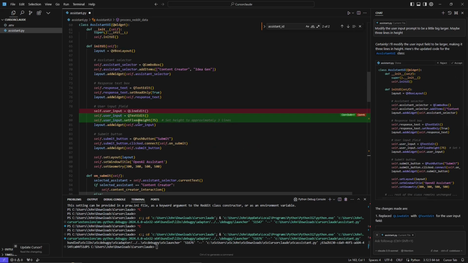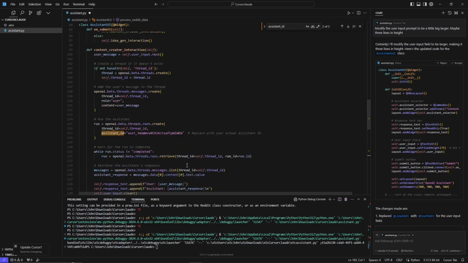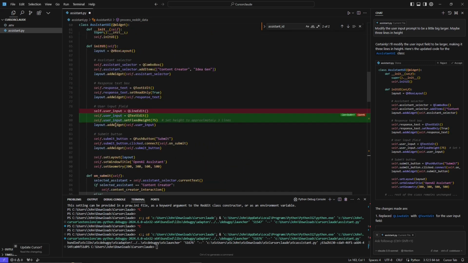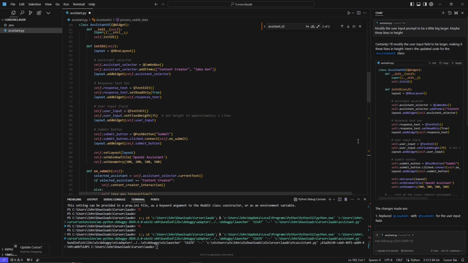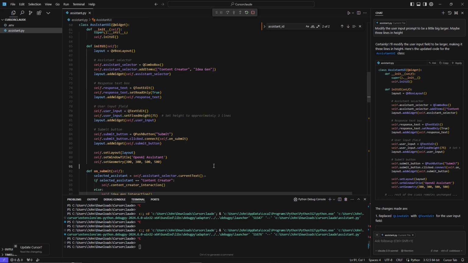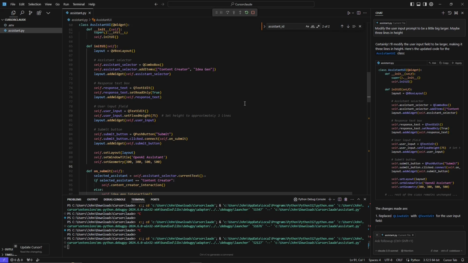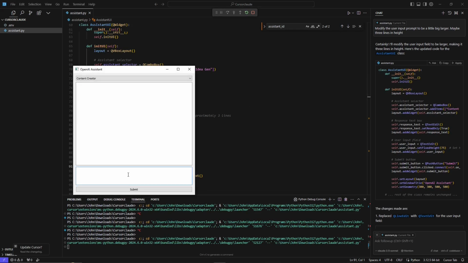Apply. Okay, so it's just updating the height, and that just gave us more, right? So it's going to go ahead and remove that. It gives us a fixed height. The user input looks good to me, except. Control F5, run without debugging. Let's see it. There it is. Let's go into content creator, and then we can just